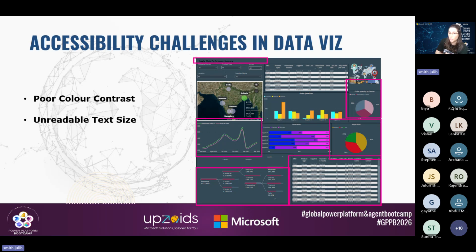And when the text is too small, users with visual impairments or those users who are trying to view the report on a smaller screen, it's getting more and more frequent, consuming information on the go. So maybe you have a tablet or a smartphone. It will be really difficult for those users to read what is on their interface if the font size is too small. And then unreadable text size can also lead to frustration